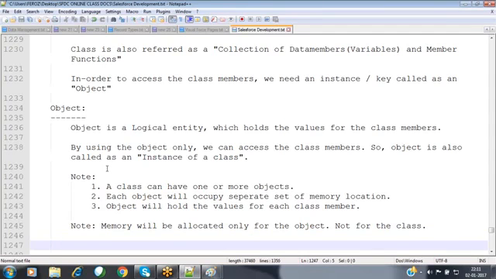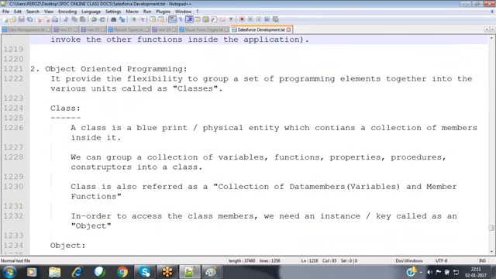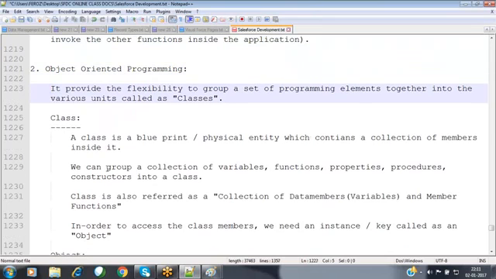So now we have the class and we have the object. In object-oriented programming, each and every functionality we divide into individual smaller units called classes. A class is nothing but a collection of variables and functions inside it, or a blueprint or physical entity which contains a collection of members.